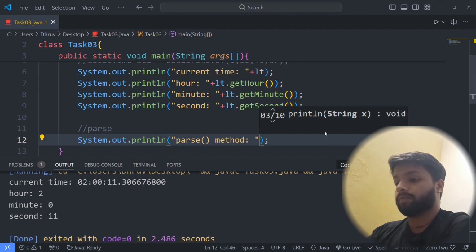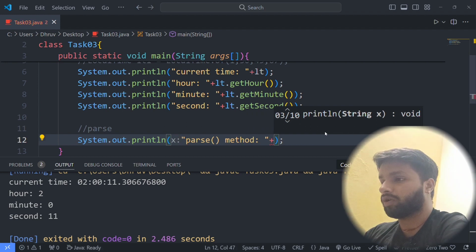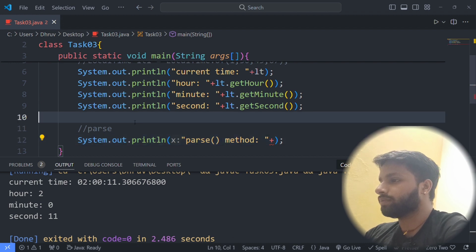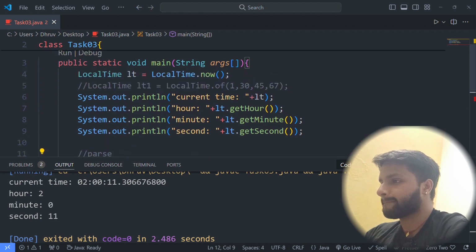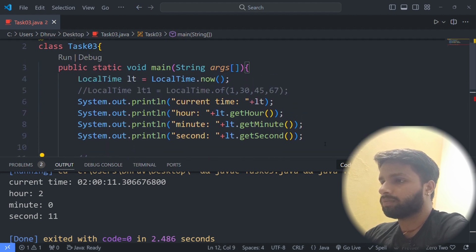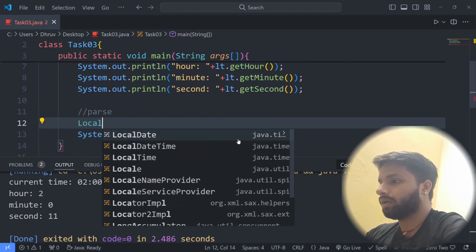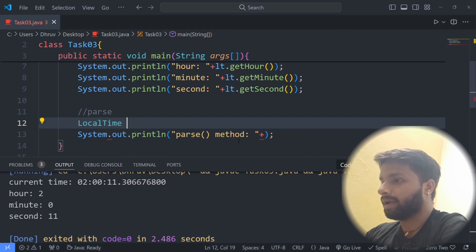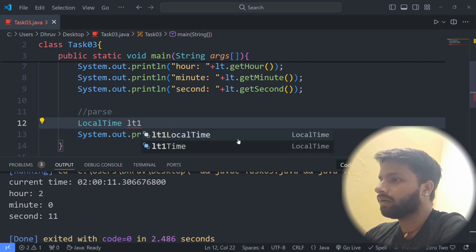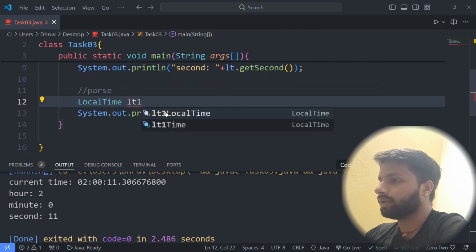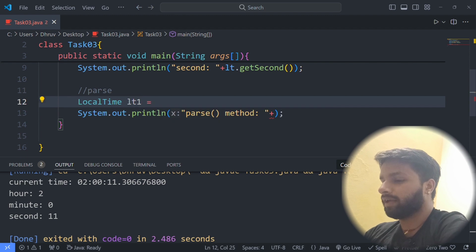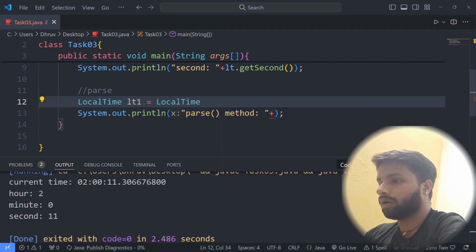Let me make an object of it. I will create another object, LocalTime lt1, and it is created. Now LocalTime.parse.